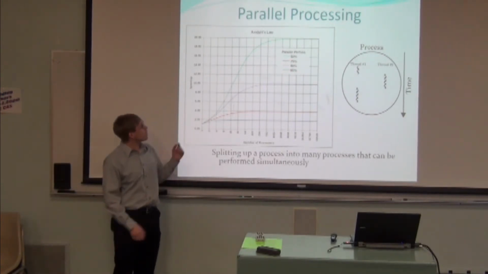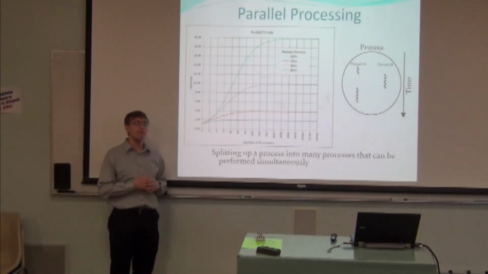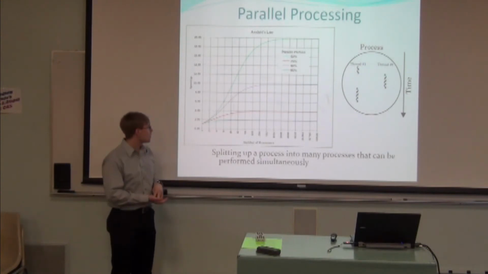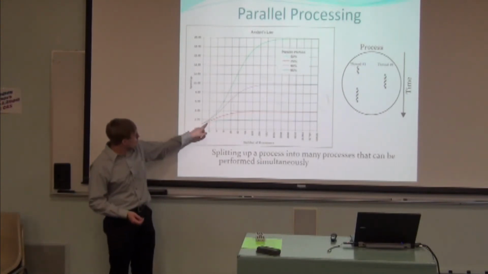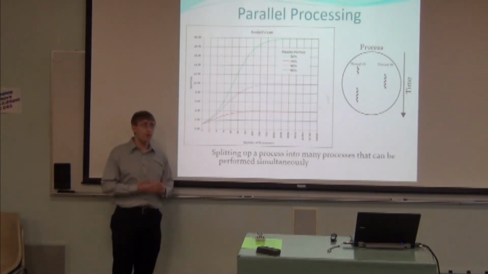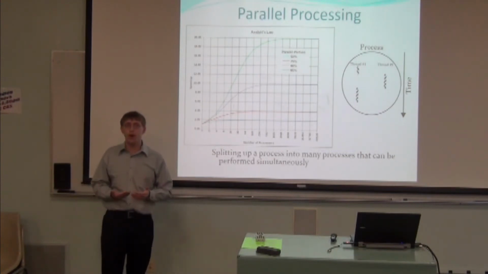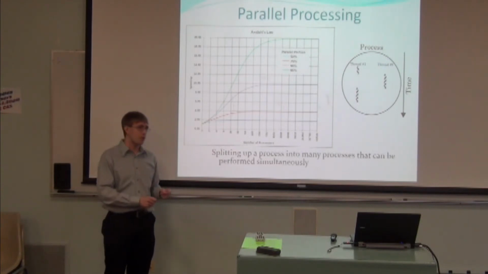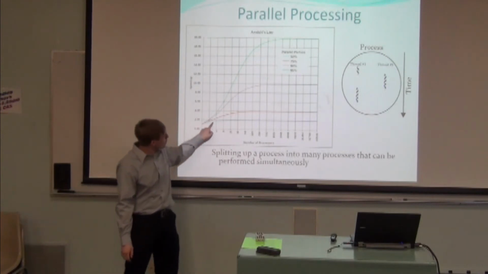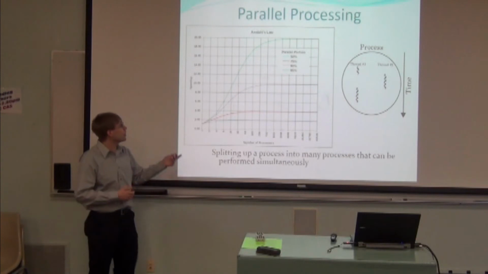So here we have, if you have a problem that is 50% parallelizable, so if you can break it up into 2 parts, then right here you can see that with 2 people, you get almost a 2-person speed up. You don't get a full 2 times speed up because there's overhead, you have to organize. There's more going on than just breaking it up into 2 parts. You have to have someone actually break it up and put it back together. But as you increase the number of people, you reach a limit where it's not going to go above 2. On the other hand, if you have 75%